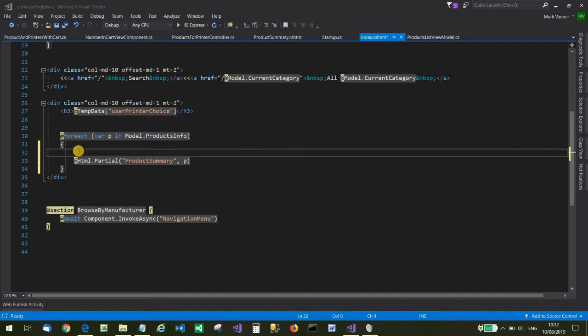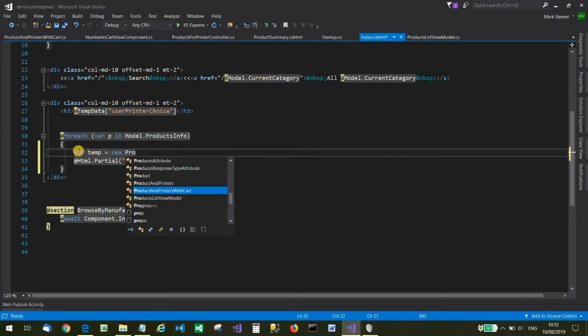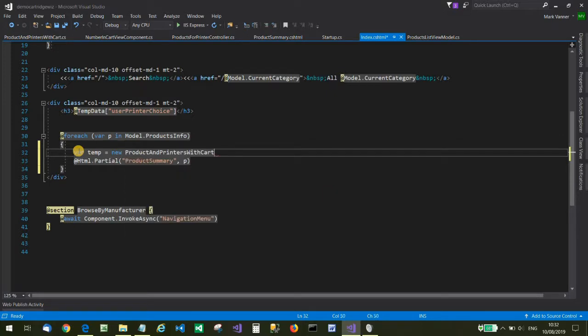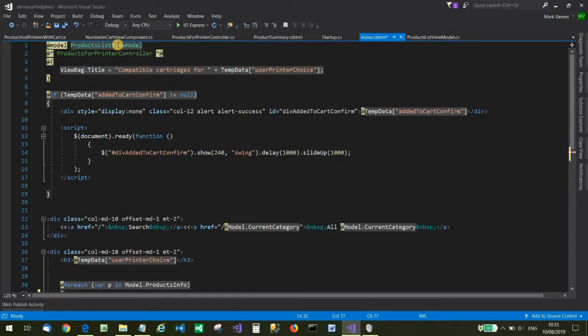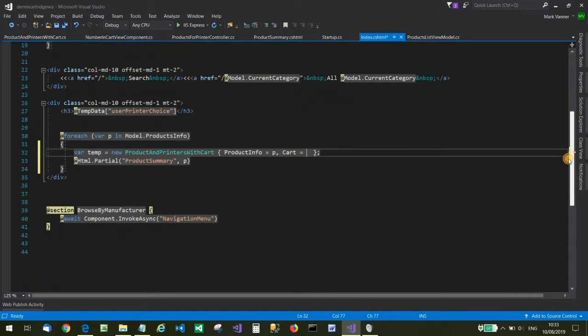So back in the iteration, we need to combine the element we're on with a cart object. So let's go there, and I'm just going to call it temp equals, it's going to be a new instance of the class we just created, products and printers with cart, and the product info is going to be the iteration that we're on. And remember, we put the cart in the new version of the product list view model. So that's going to be